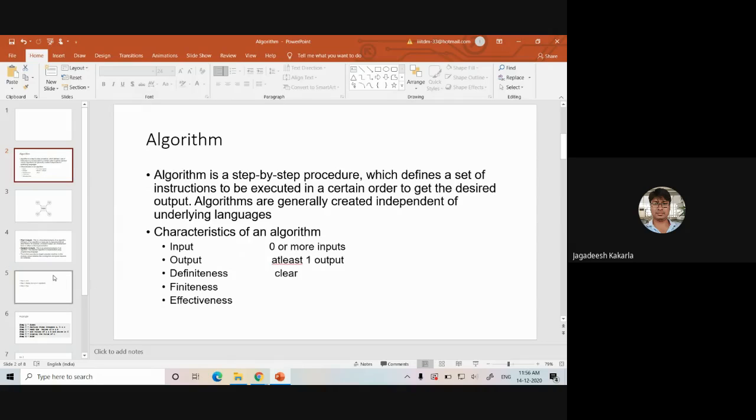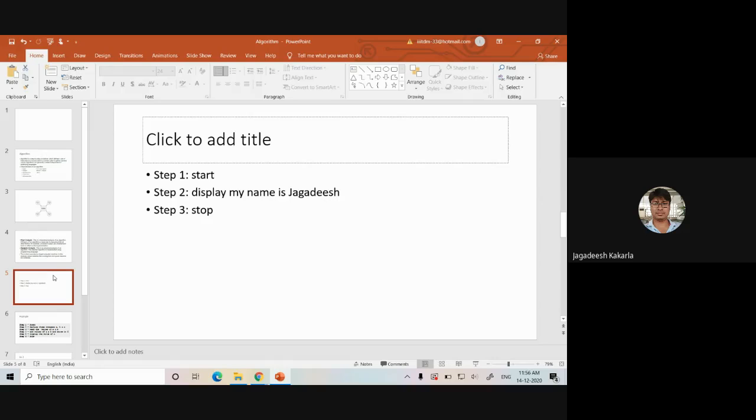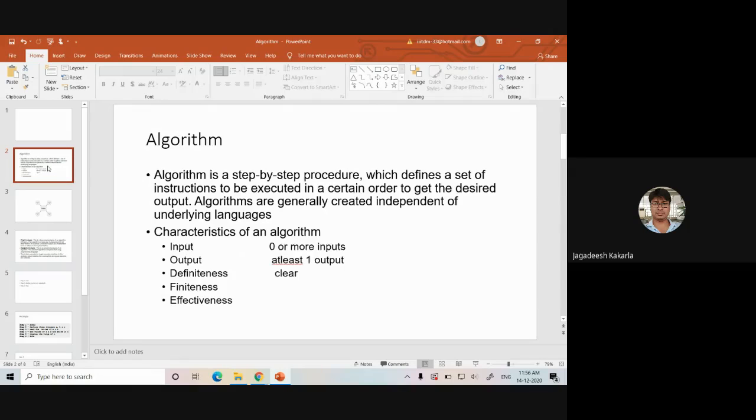Suppose I asked you to calculate the factorial of a number. Now in a factorial, only multiplication is required. Even if you like addition, you should not do the addition, or if you like division, you should not do the division there, because factorial means, suppose 3 factorial means 1 into 2 into 3. The division is not required. Am I right? So whatever steps are required, only those steps you should write. Then only we will say that the algorithm is effective. Okay. I hope you have understood the characteristics of an algorithm. And you have understood the definition of an algorithm. Is it clear?